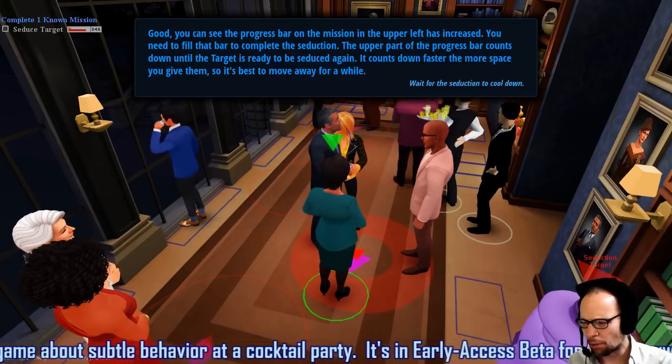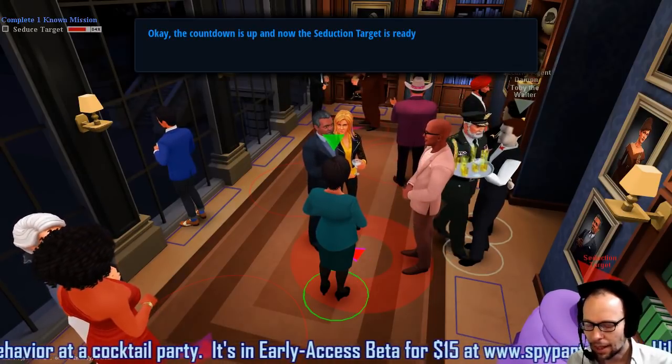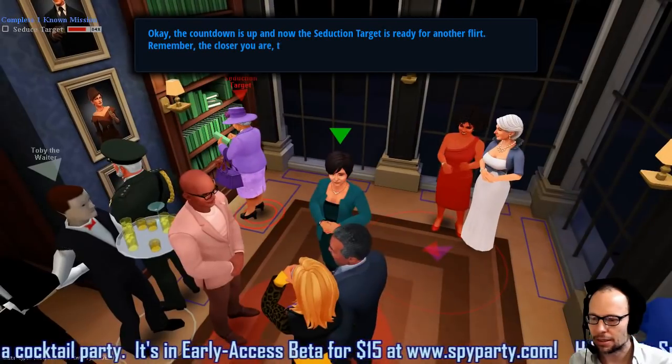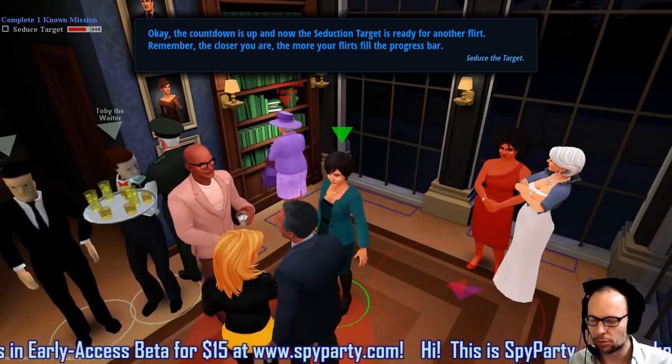That upper-lower bar thing is just a disaster of a UI thing. The countdown is up, and now the seduction target is ready for another flirt. Remember, the closer you are, the more your flirts fill the progress bar. I think maybe what I need to do is add flirt into the list of available actions, but when you're